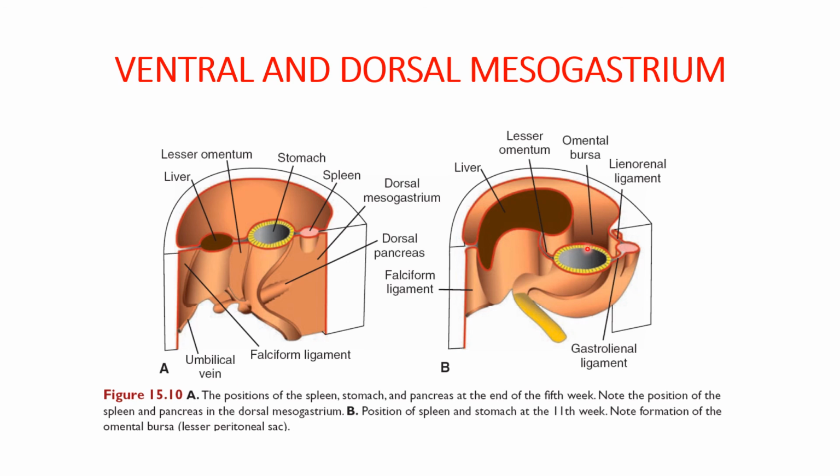In this next picture, you can see that when the stomach has rotated and shifted to the left, because of this shift the lesser omentum has been created over here. With the shift of the stomach, its final position has been acquired, and all the peritoneal layers are more definite now.